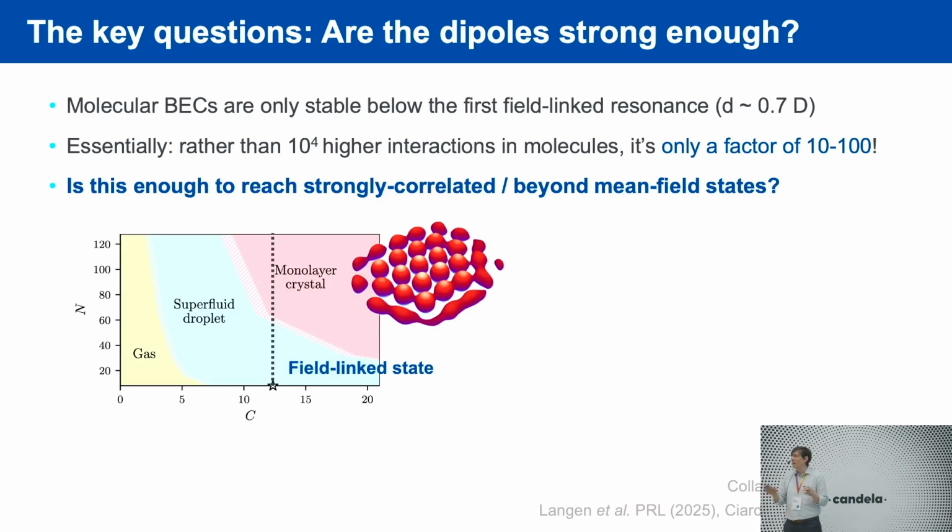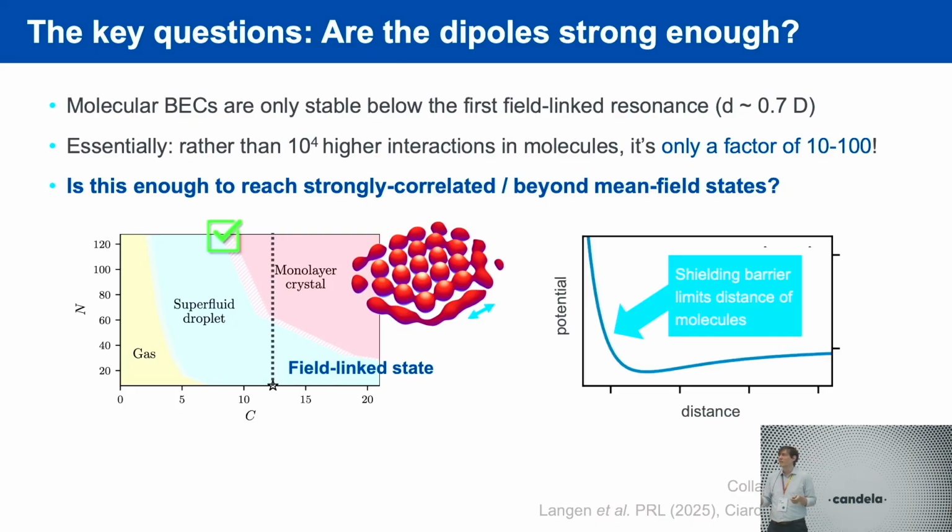And so that is good news in many ways, because first of all, you see that this region is sort of independent of this field-linked state, which tells you this is genuine many-body physics. This is not some two-body physics happening here. And then also, for high enough particle numbers, there's a region here below the first resonance, and so you can reach this in experiment. What is actually saving you here is not that you get super dense, but in the end, it's something that we discussed yesterday. It's the shielding core. As soon as this shielding core prevents your particles from getting any closer, then you split up into this state here, where the splitting is essentially the shielding core.